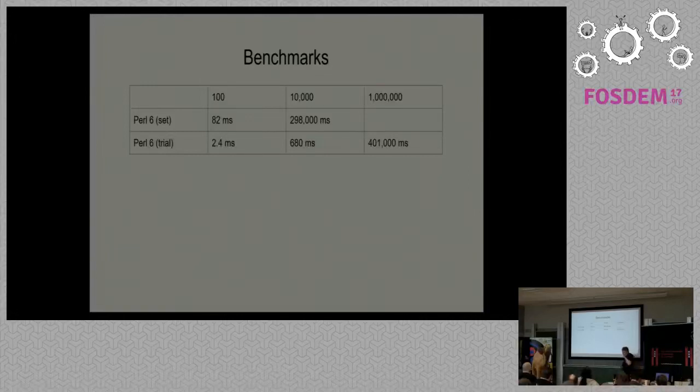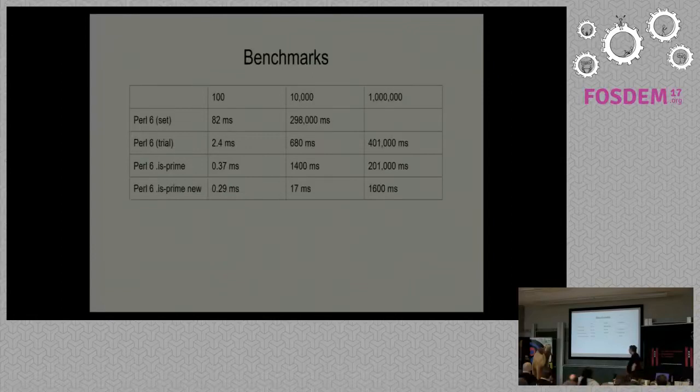But here's our trial division. It took 401 seconds to generate the primes to 1 million, which is absurdly slow. So we know doing trial division, basically the incorrect sieve of Eratosthenes, is the wrong way to do it. Here's the isPrime version. Okay, so I wrote a new version of isPrime. I went into MoarVM and started writing C code. And so there's a new version of isPrime, and I'll talk about that more later, which is significantly faster, and